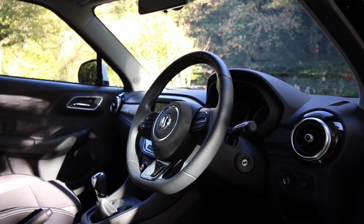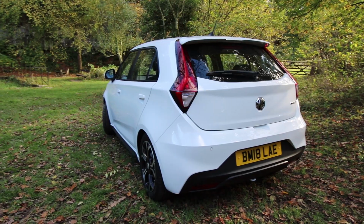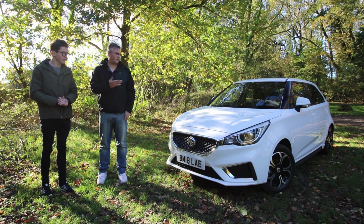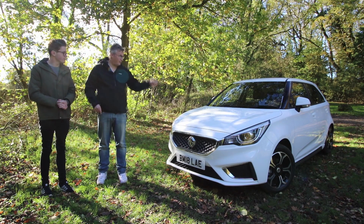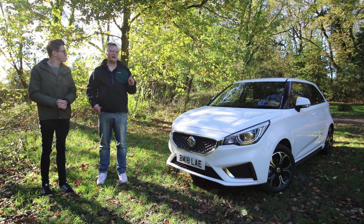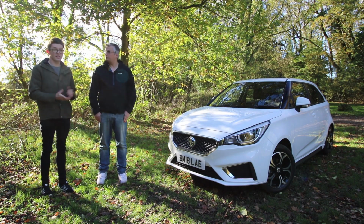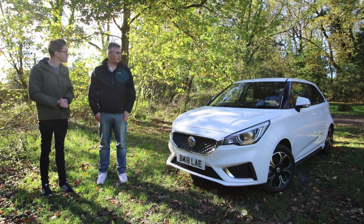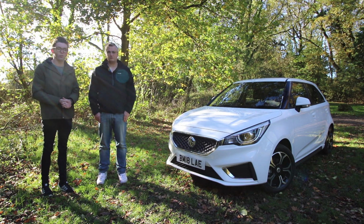of new tech bits. We have the exclusive that's priced at $12,795. And the range starts at $9,495, which is a great price for a hatch this size, isn't it? It definitely is. Okay, it comes in one engine, this one, 1.5 VTI DOHC overhead cam. But you get economy and you get performance. You definitely do. I'm going to be taking a look at the interior, the practicality. I'll be looking at the exterior, the styling. I'll then also be driving it, and then we'll bring you our verdict on whether or not this is the